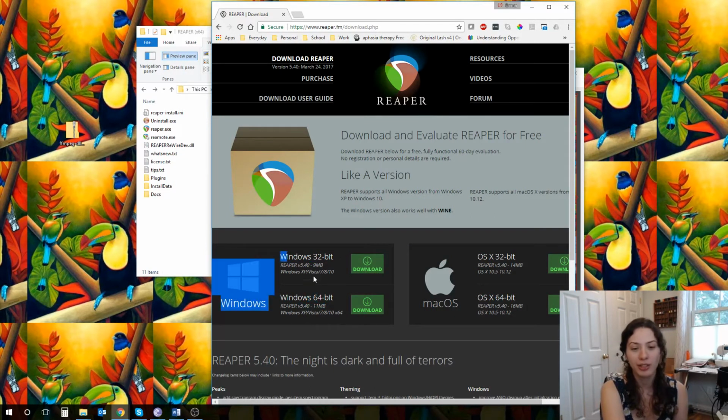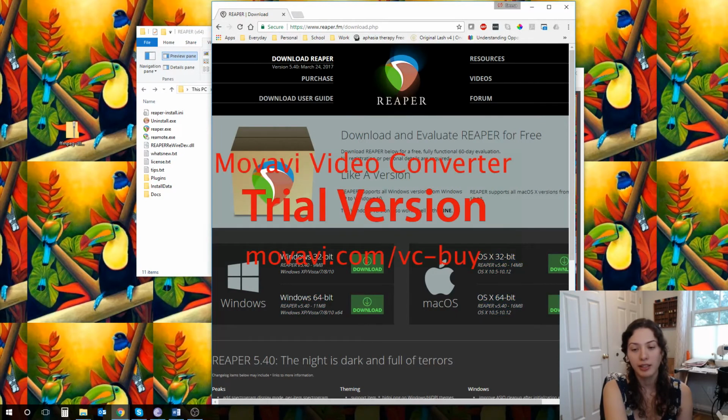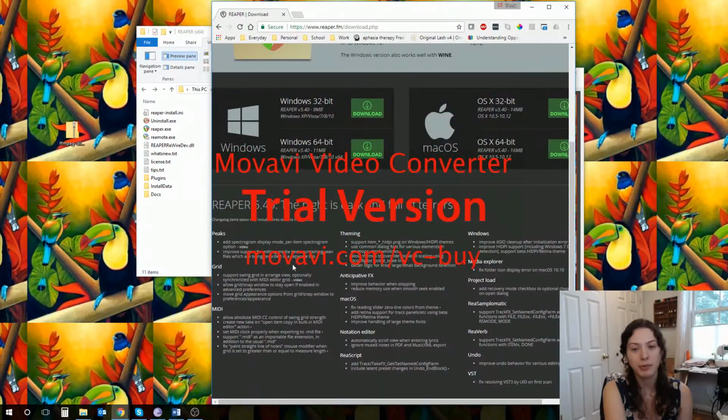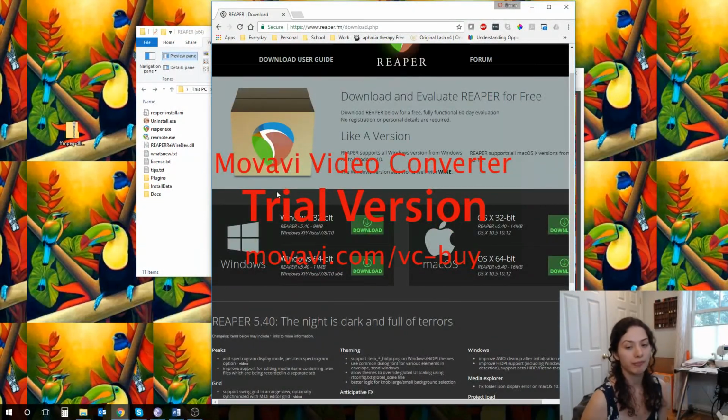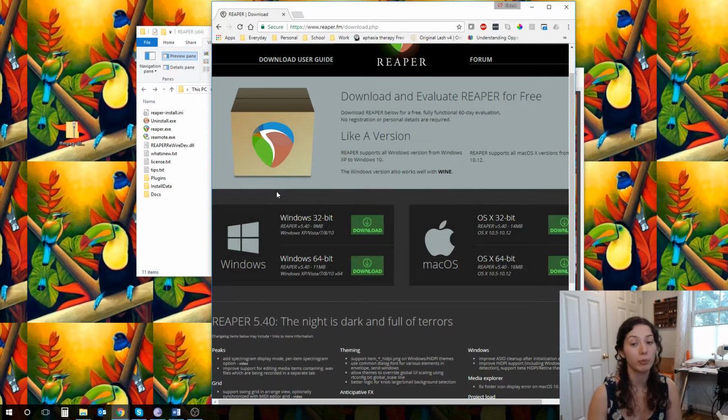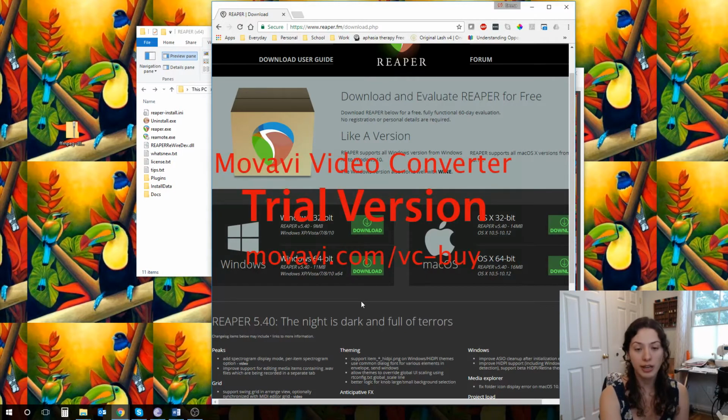This tutorial should work if you have 64 or 32, and if you have a Mac, then I'm pretty sure the concept will be similar. I know everything that I'm going to do in here will be supported by Mac, but it's obviously going to be slightly different. So I already downloaded the 64-bit. It's a basic install process. This is an executable file. You run it, and if you don't know how to do that,